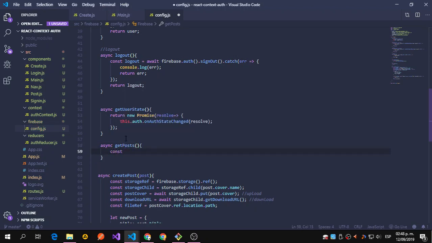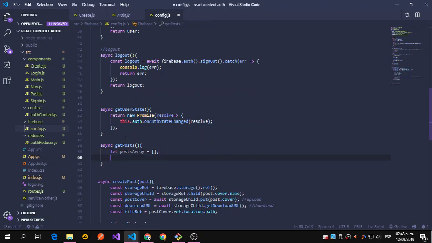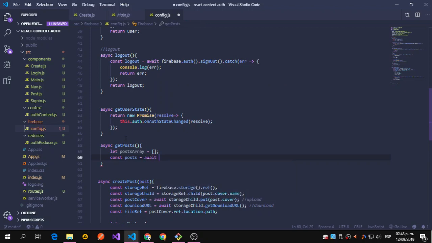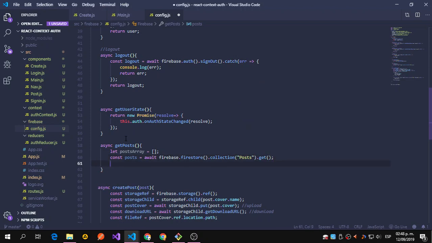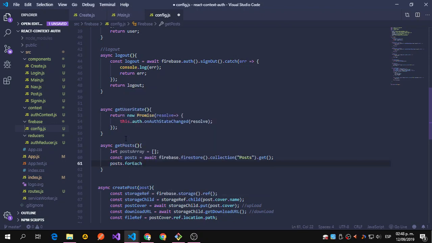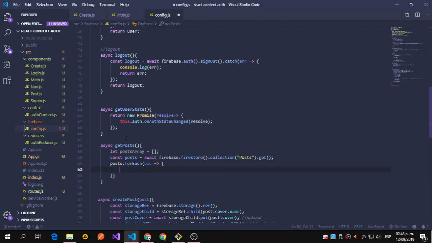and we're going to return, not right now, no, let's say let postsArray equals an empty array, and let's say const post equals await firebase.firestore.collection posts.get, okay, we get this promise,